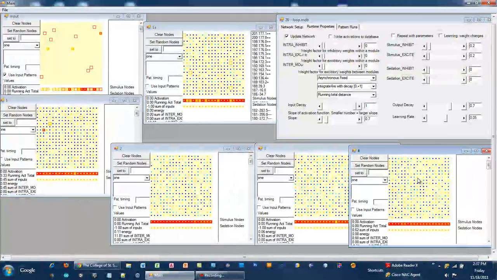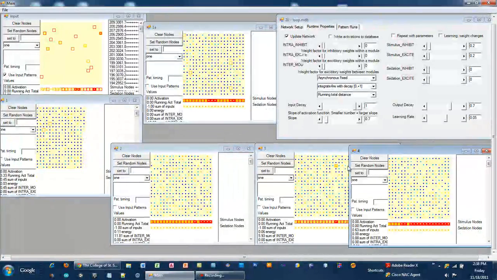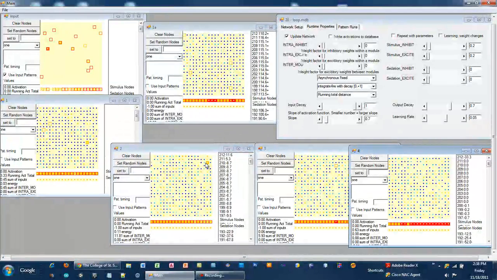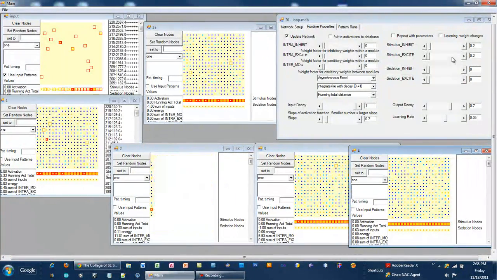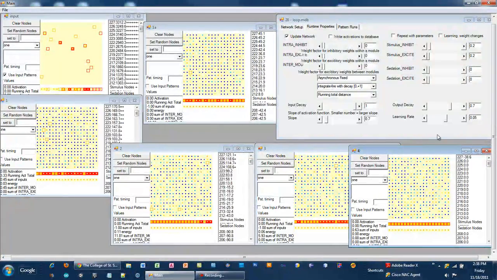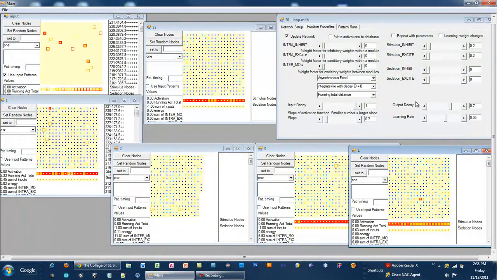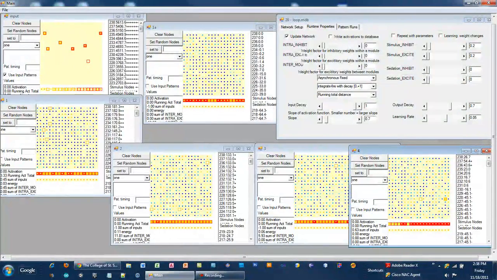And we can see some of these modules increasing in activation. There goes one firing here. So there's random noise of these modules firing as we go. Each of the nodes, if left alone, will build up activations and fire. That ends this